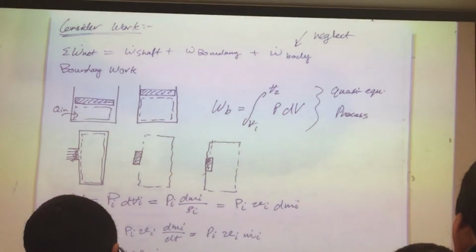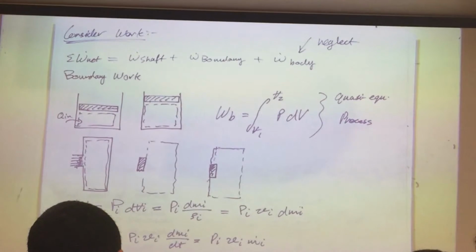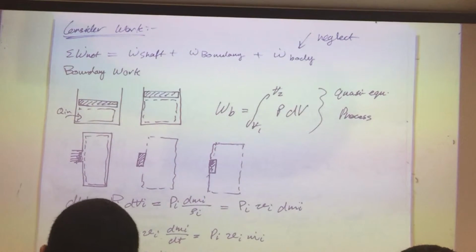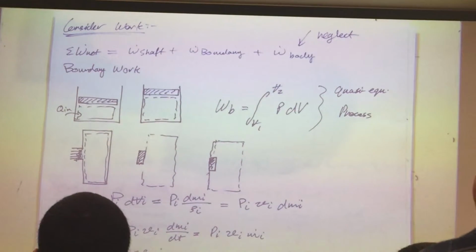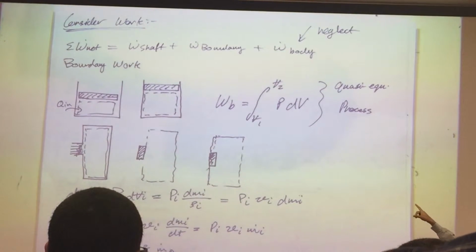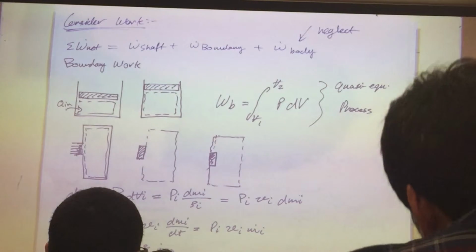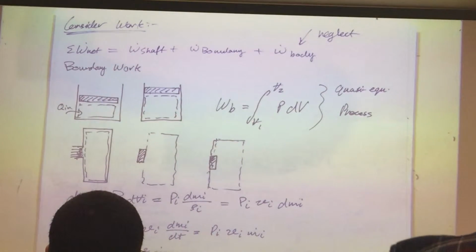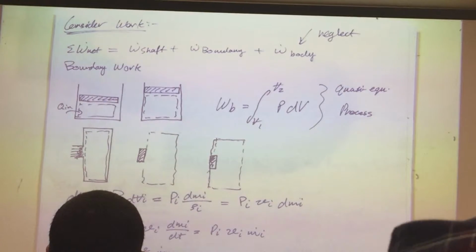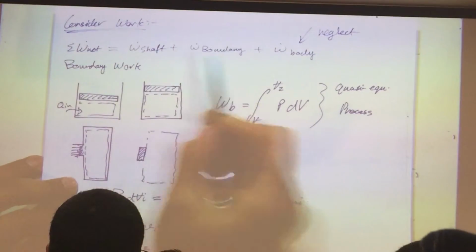If I have a turbine or a compressor, I'm going to have a shaft that's producing work, and that's that work. Now, I have a gas that I'm flowing through my engine, and that gas is actually going to produce my boundary work. So I'm trying to tailor my first law of thermo to a propulsion system in advance. And I'm going to do an example on it, but for now, these are the two critical works that I